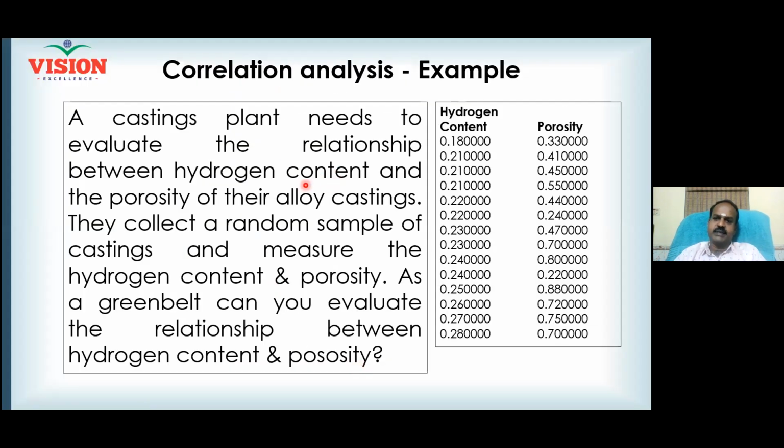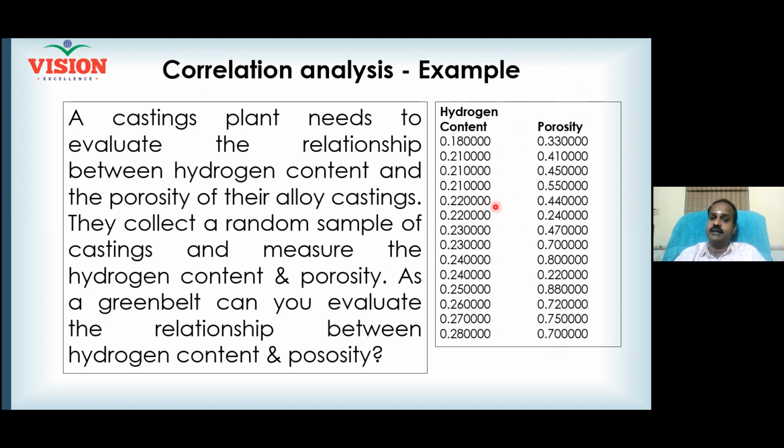Another example: a casting industry, where they produce aluminum castings or some kind of metal casting. In casting, one of the defects is porosity, right? There will be holes inside the casting. You come to know that there are holes only when you machine the castings, isn't it? So porosity is noted in one column, and the Six Sigma team, the problem analyzing team, suspects that hydrogen content in the material is the cause for porosity.